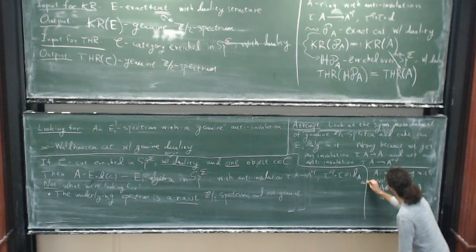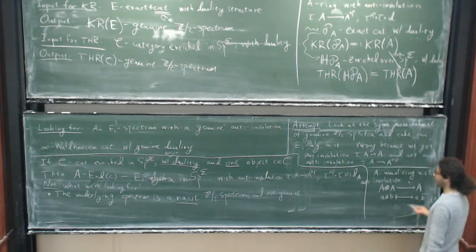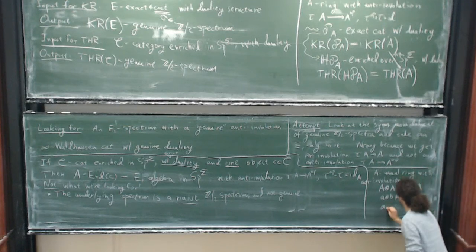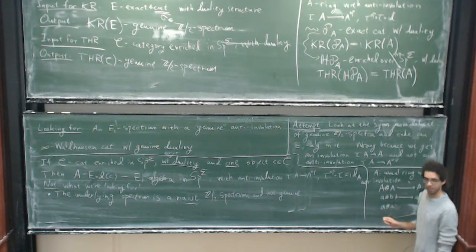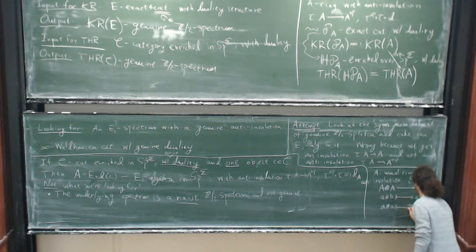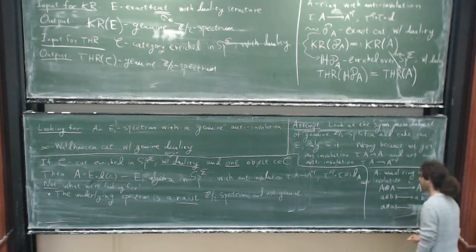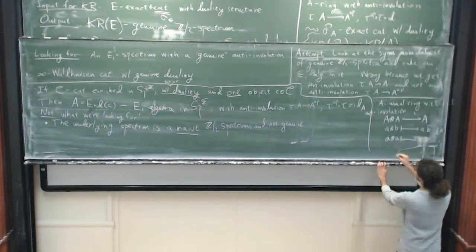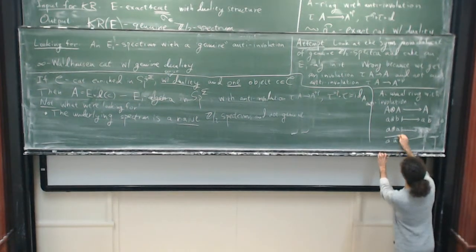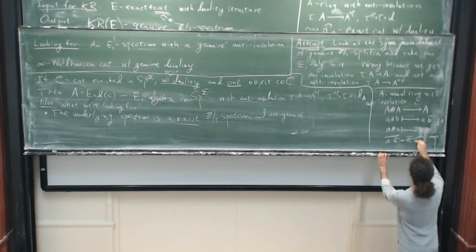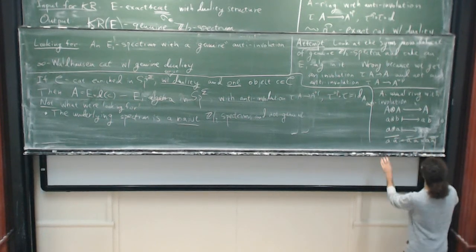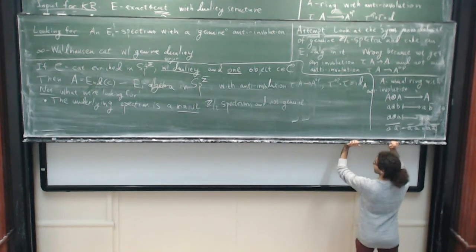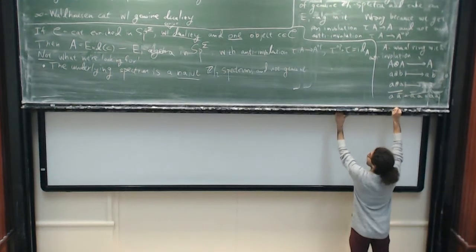Here, I want an anti-involution, a to a bar. And notice that if I take a symmetric tensor, then I'm going to get a times a bar. And what happens when I take the bar of this? Bar of a times a bar is a bar bar times a bar, which is a times a bar, which is the same thing. Okay? So, just to summarize,